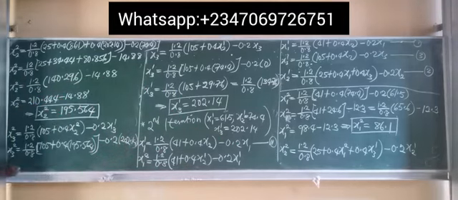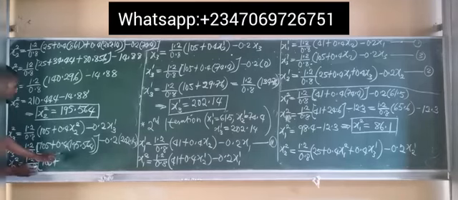Therefore the second iteration for variable x3 is equal to 1.2 all over 0.8 into 105 plus. So we evaluate 0.4 multiplies 195.564. That gives us